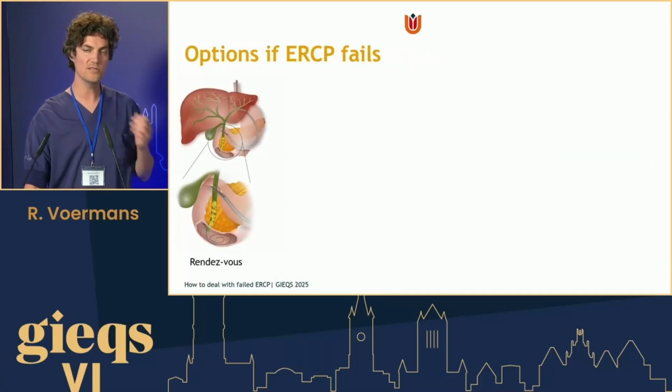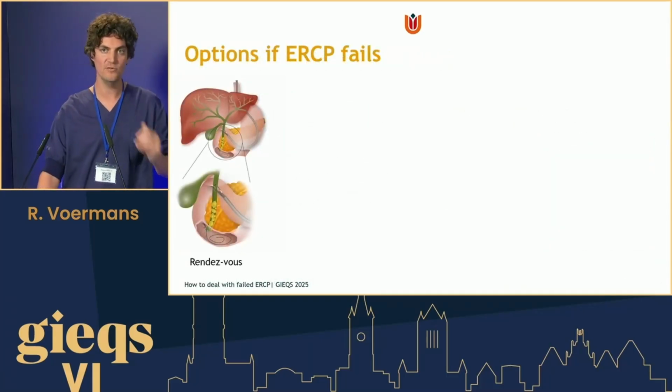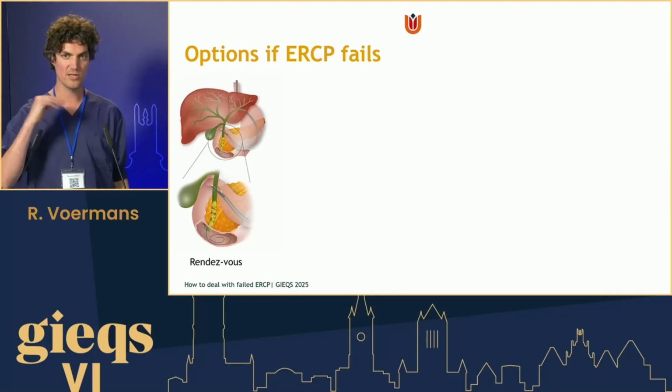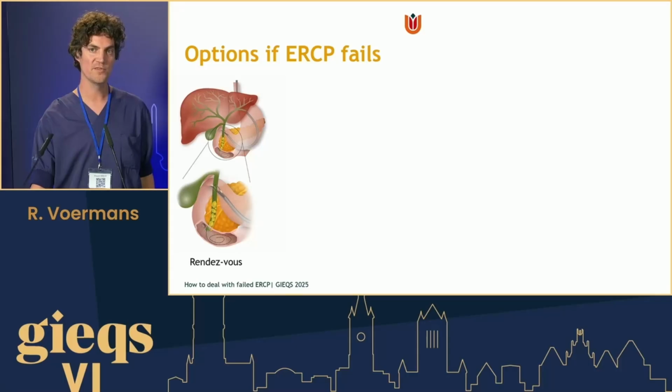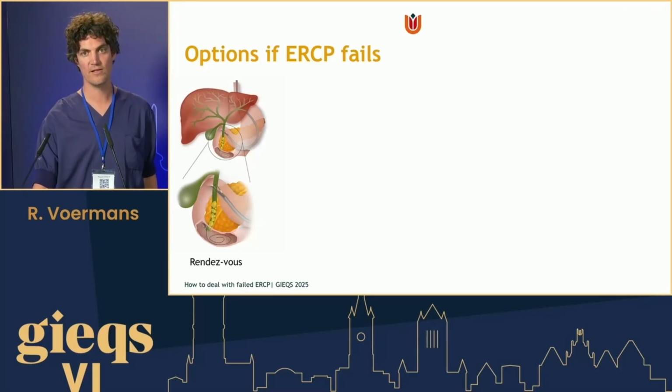So what are the options if your ERCP fails, and then it really fails? So you did all the rescue techniques as I mentioned. You can do a rendezvous, so an EUS-guided rendezvous. You puncture the bile duct, coil the wire down, and then cannulate alongside the